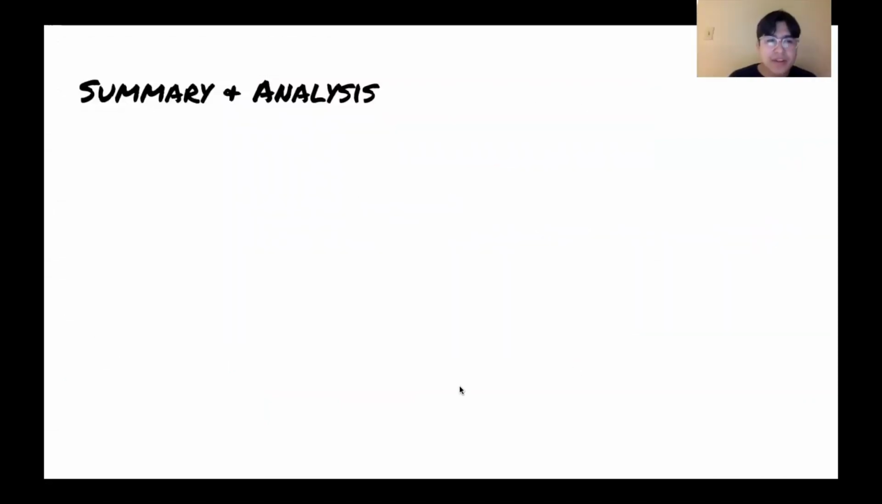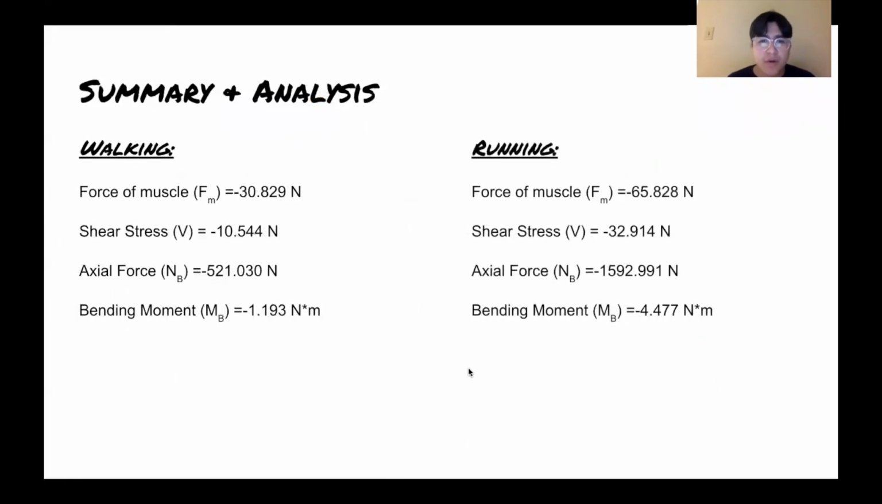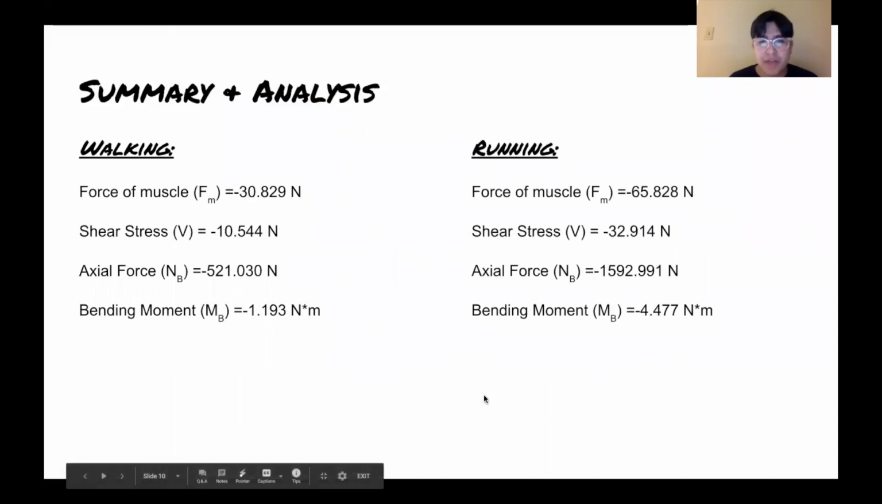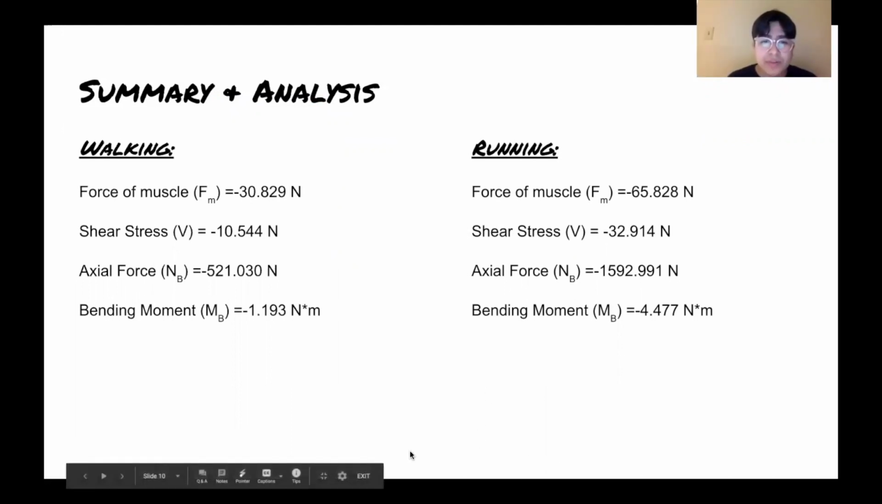So now we're going to look at the summary of our values that we just found. These are the values for walking, and these are the values for running. Overall, we saw an increase in all the values, but specifically, the force of muscle had a 2 times increase. So how does that increase affect shin splints? Well, doubling the force of muscle will double the force exerted on the bone, which will lead to an increased